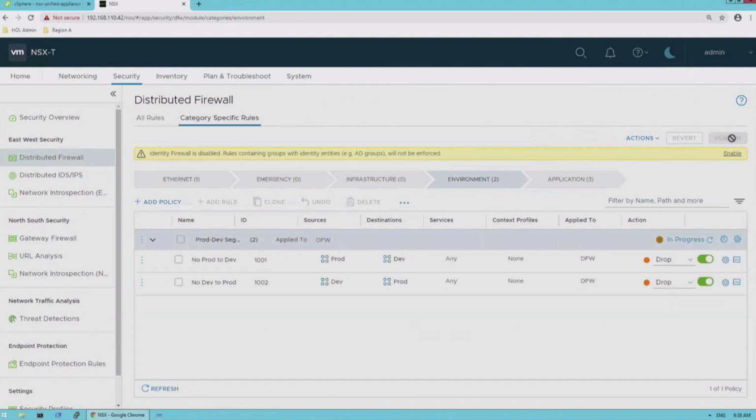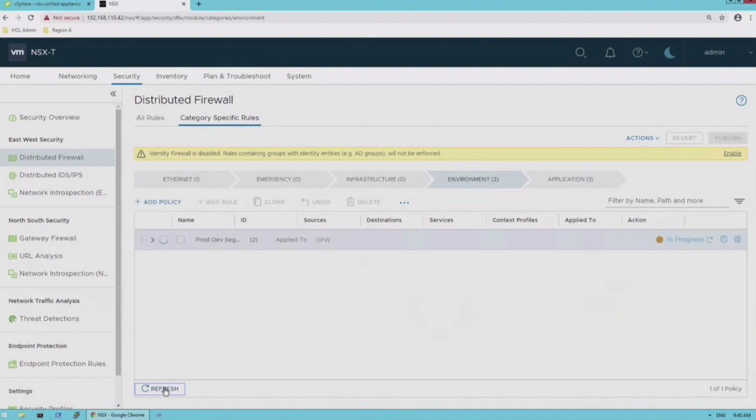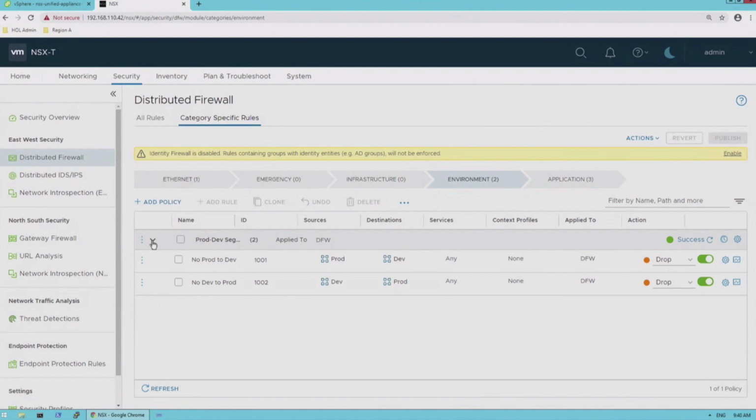same VLAN. So by clicking publish, NSX managers are going to push these policy constructs out to each one of those hosts. In our case, you saw earlier we had 2. So it's going to push those out to all the hosts. So then those policies get applied to each one of those VMs' virtual interface. So again, that net effect is I have segmented those production and development applications, prevented them from communicating, limiting the